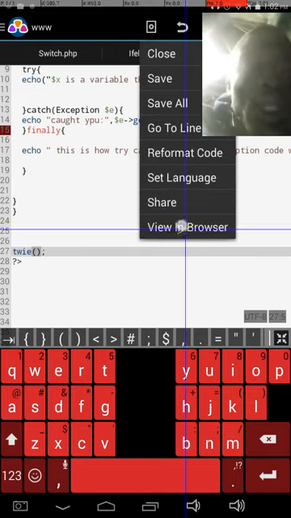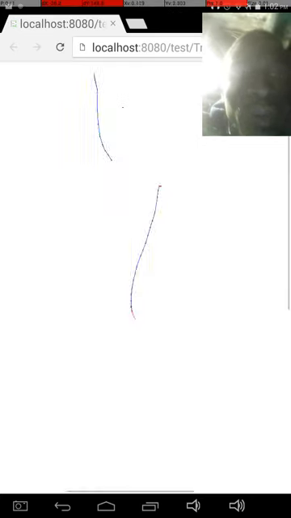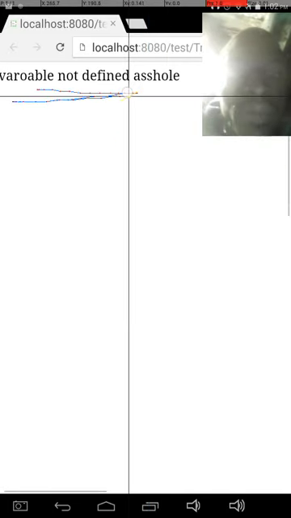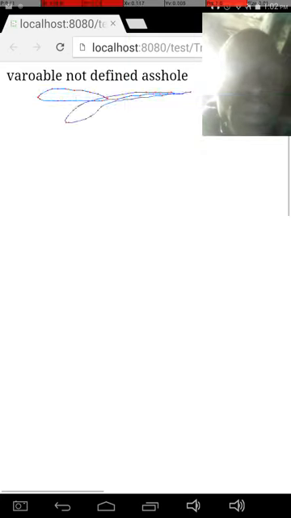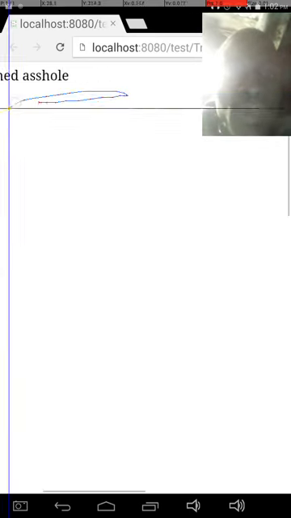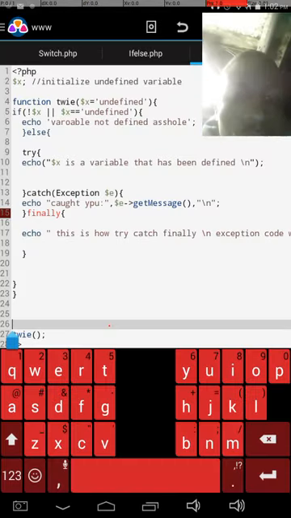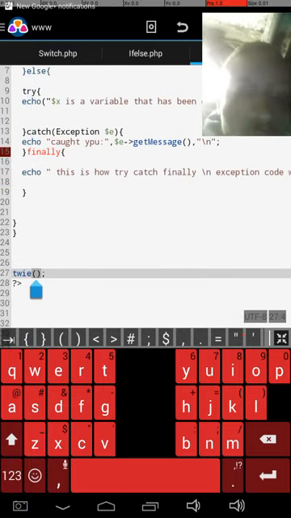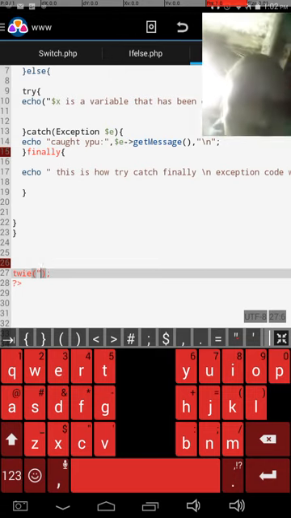So let's go ahead and view in the browser, see how that works. Wait for it to come up, wait for it. There, see? And it says it's not defined at all. There you go. So what happens if we, okay, let's take that out. What happens if we put